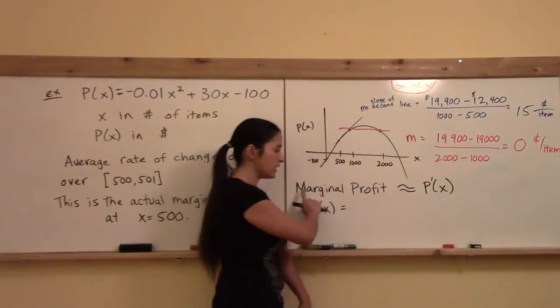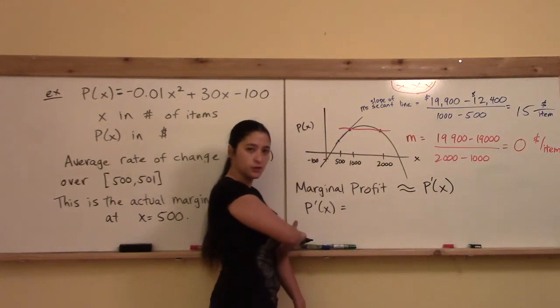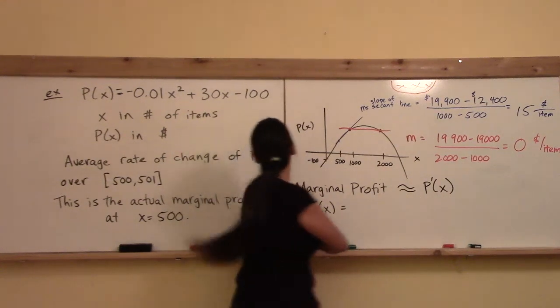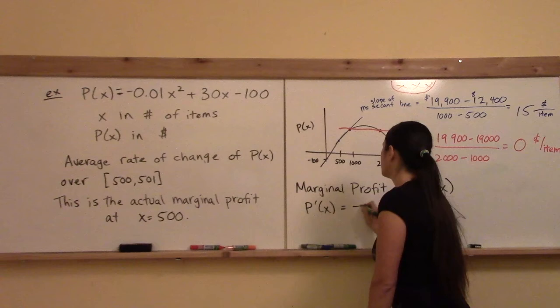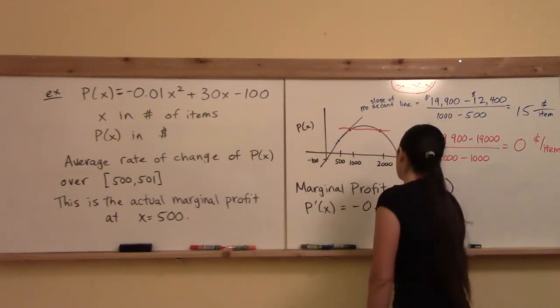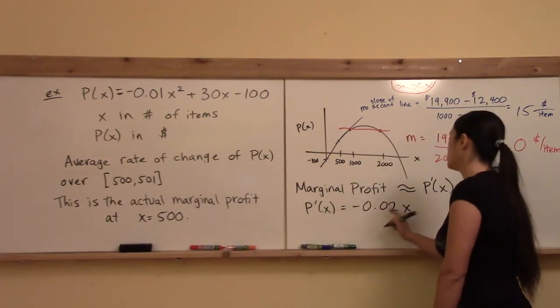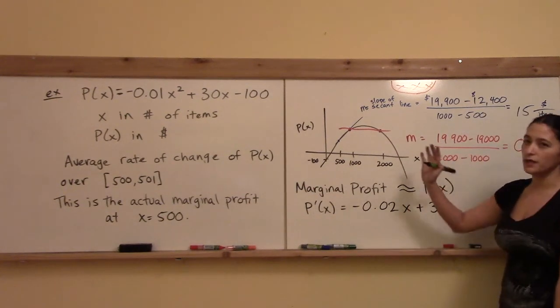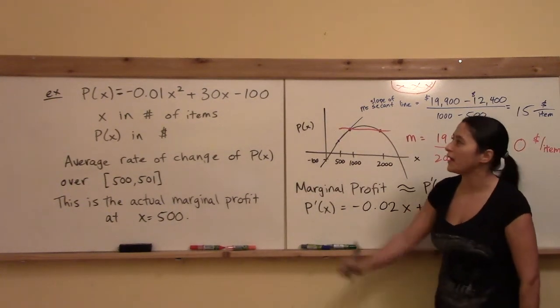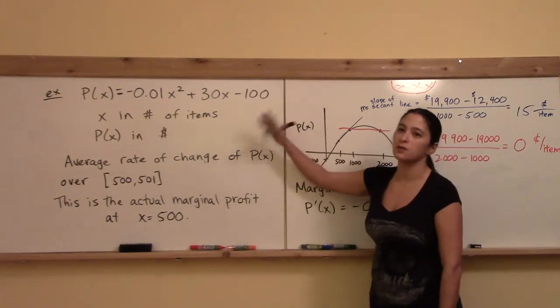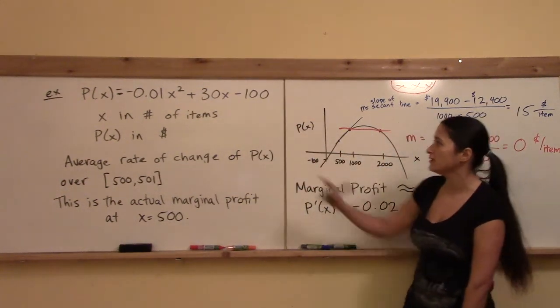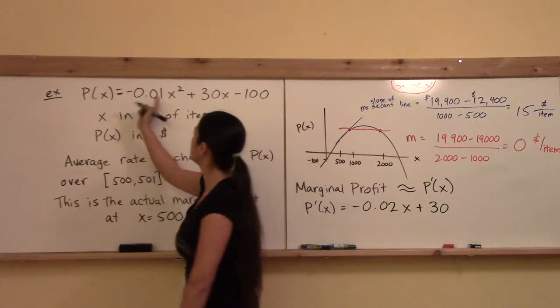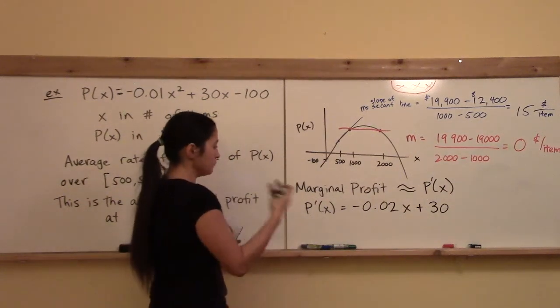Before we do that, did you guys get a functional form for this marginal profit derivative? Okay, so go to the derivative rules if you're still having trouble with that. You should get negative 0.02x plus 30, and the negative 100 just goes away. All constants just go to 0 when you take the derivative, okay? This one goes to 30, that goes to negative 0.02x. Alright,